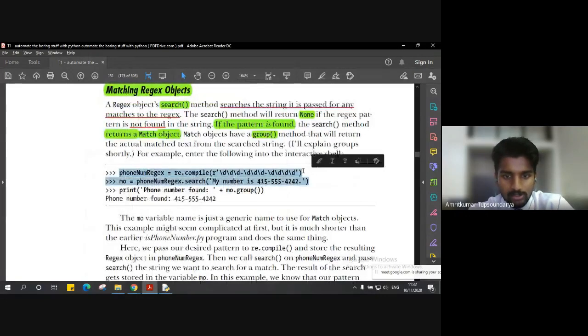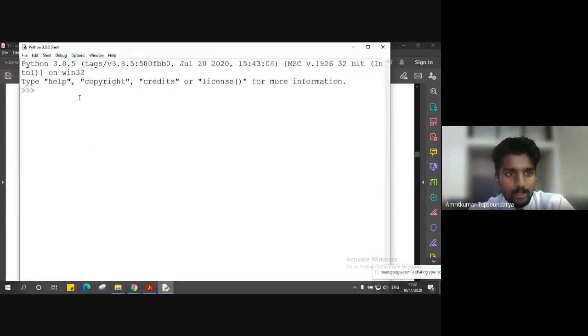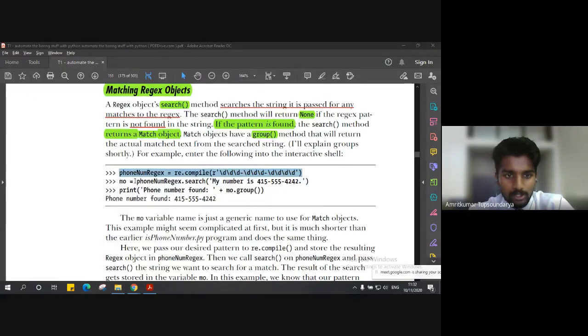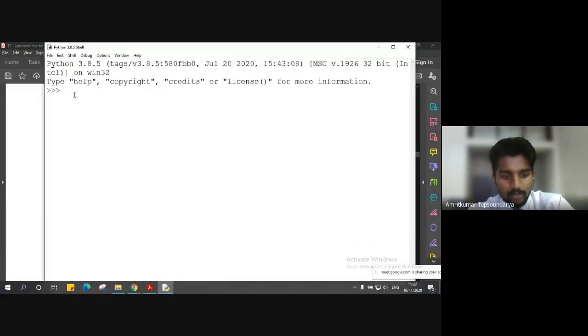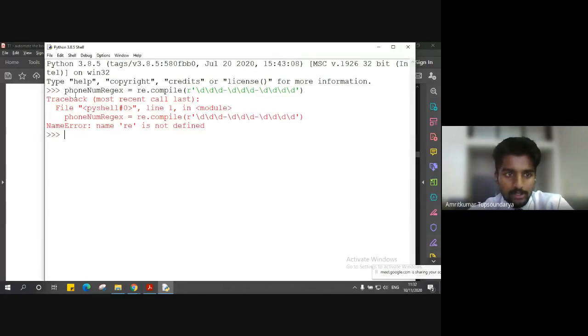I'll show you an example. Let me copy the same code here, and I've closed the interactive shell. Let me close it again. Once I open the IDLE shell and try to execute this command, I'll again get the error. So I have to import whatever module I'm going to use every time I open the shell.